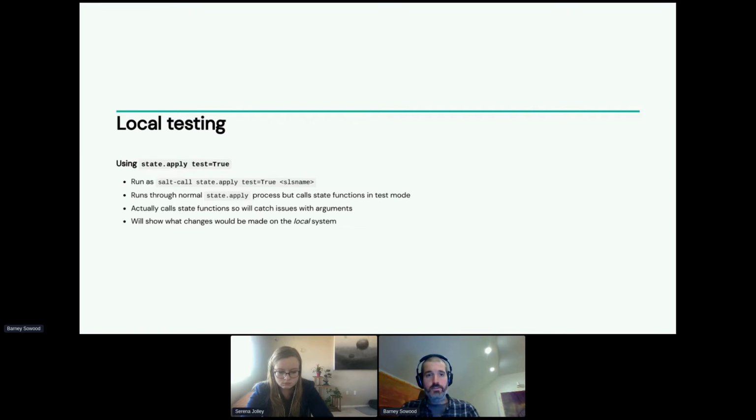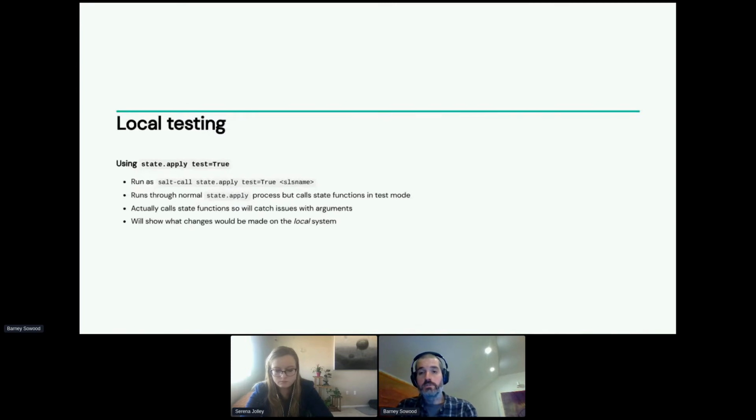And then just briefly to cover state apply test equals true, which I think a lot of people use, especially on the actual systems you're going to be running your states on. But in terms of running this locally on your local development system, it works in a similar way to mock equals true in that it goes through all the normal state apply process.